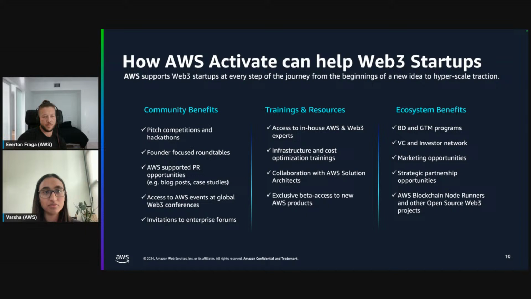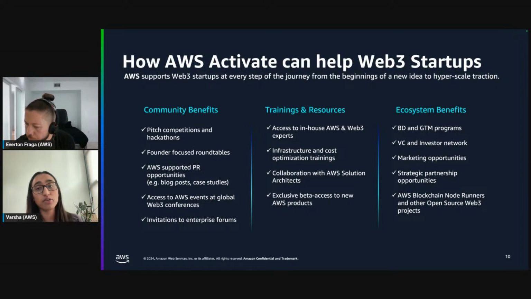All right, Varsha, want to take back one? Sure. So just to kind of reiterate how AWS Activate can help you as a Web3 startup, you can benefit from using the variety of programs we have offered via AWS Activate. You are essentially being part of the community, which allows you to join pitch competitions and hackathons, be part of focused roundtables, and allows you access to a lot of our global Web3 conferences.